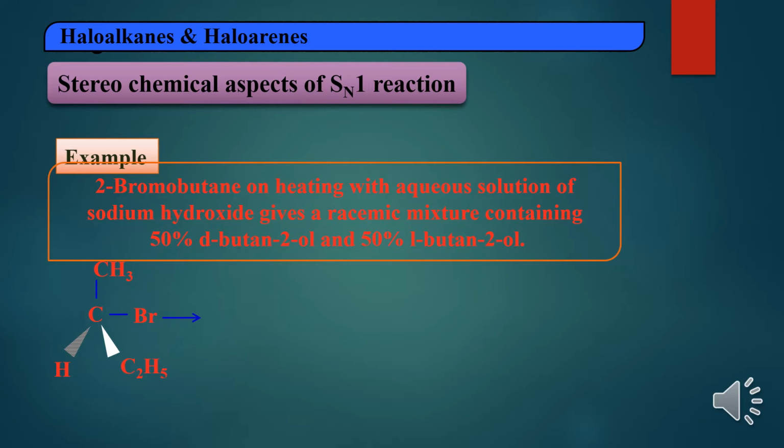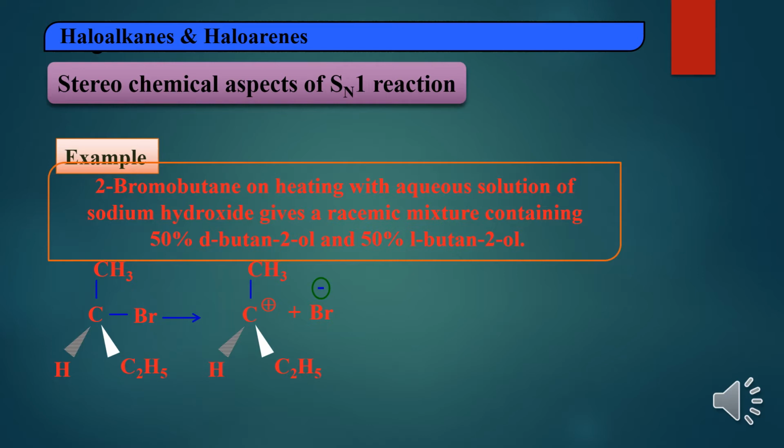Now you are treating with sodium hydroxide or potassium hydroxide. Again in this case also OH minus is a nucleophile. Now it will actually attack the carbon atom. But in the first case, what happens? In 2-bromobutane, there is no place for the nucleophile to attack from the same side, from the opposite side also. So in the SN1 mechanism, in the first step, due to the polar solvent, it undergoes ionization and forms a carbocation. According to the SN1 reaction, the first step always undergoes ionization and forms a carbocation and a halide ion.